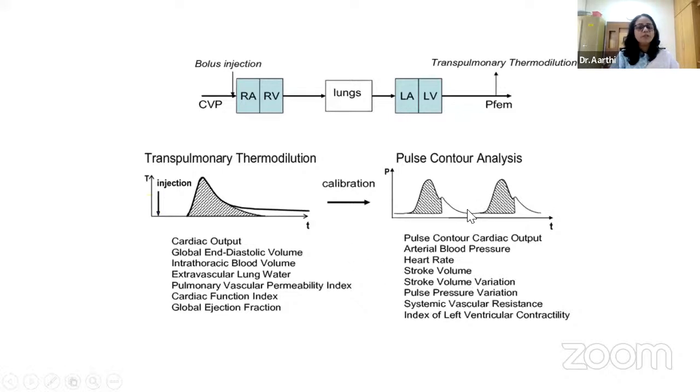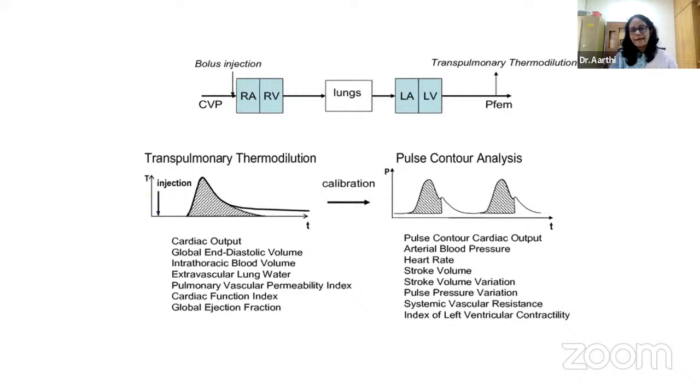In case of pulse contour analysis, the arterial waveform is analyzed and the area under the systolic portion of the arterial curve is plotted. And then there are different analytic techniques used to measure and derive the cardiac output. So they derive what is called the pulse contour cardiac output. They also give us a measure of the arterial blood pressure, heart rate, stroke volume,